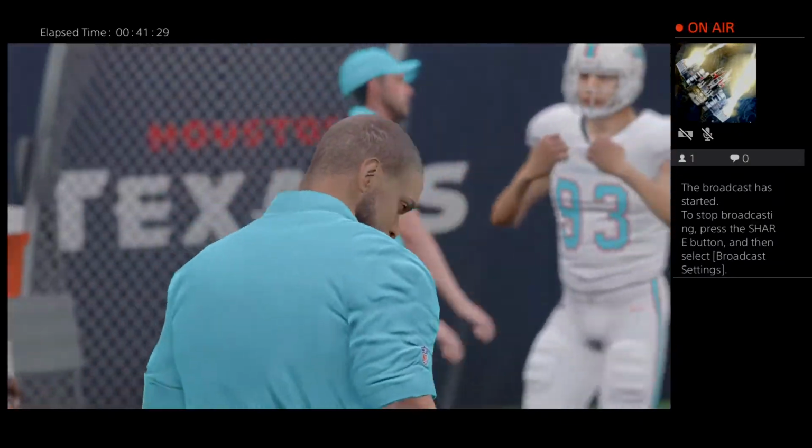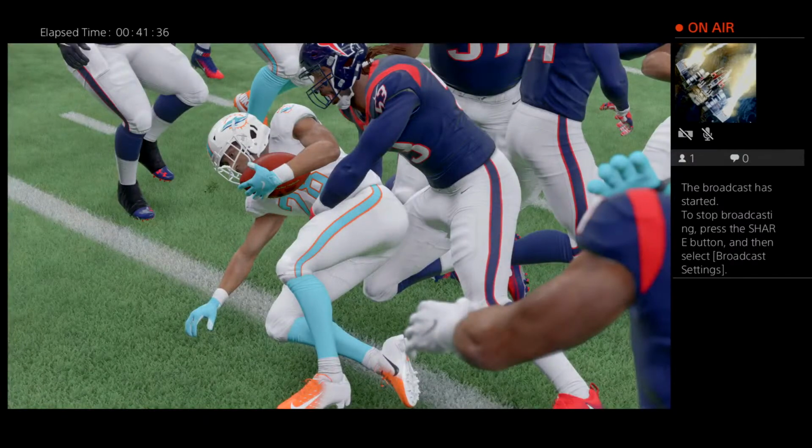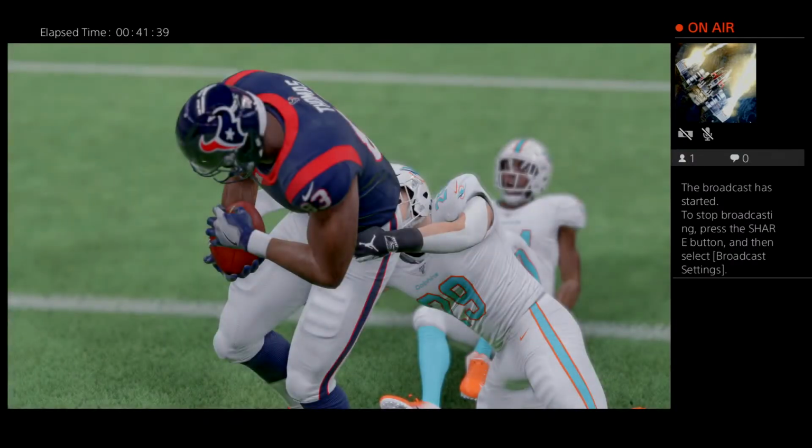So Houston going to come away here with the victory. And it wasn't really always pretty. They had their bumps and bruises. Really, both sides did. But they did what they needed to do at home to get the win. Yeah, they really had to grind this